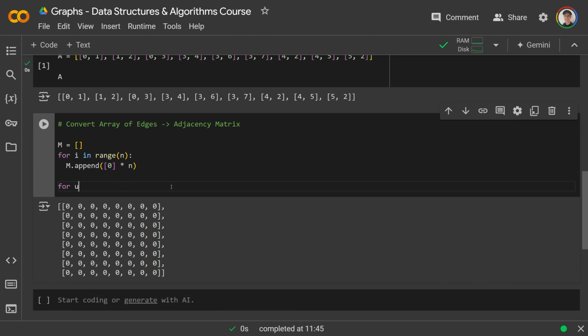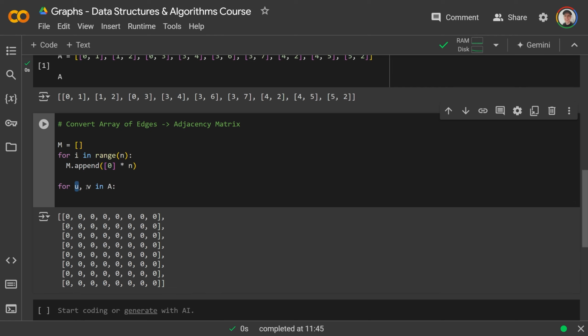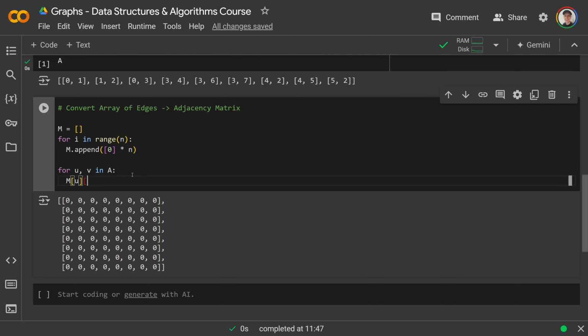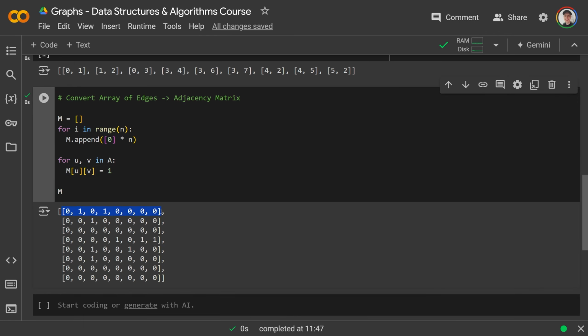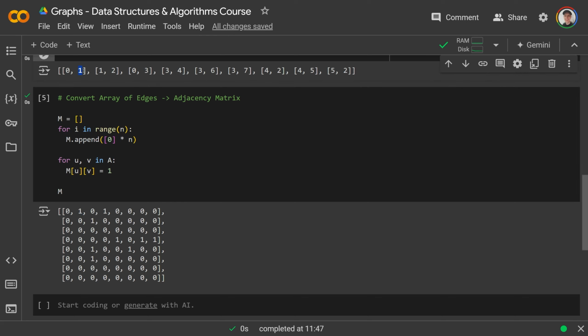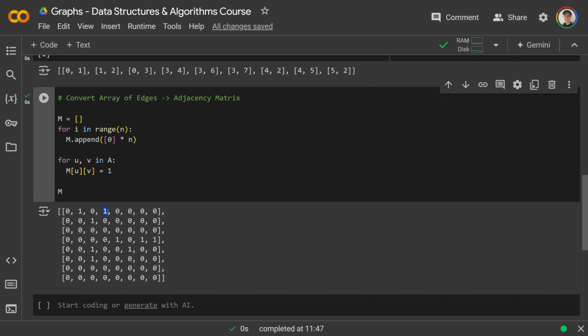Then what we'd want to do is for each u and v in the graph, which is A. So for each starting vertex u and ending vertex v in our array of edges, you'd want to set the matrix at u at v equal to 1. This specifies that at row u and column v, it is a 1, saying that u is pointing over to v. If we are to output this, you will see, for example, this here is the first row. So this is all of the connections that node 0 points over to. So we see that node 0 points over to position 1. That is true. Node 0 points over to position 3. So this is 0, 1, 2, 3. That is true. It also